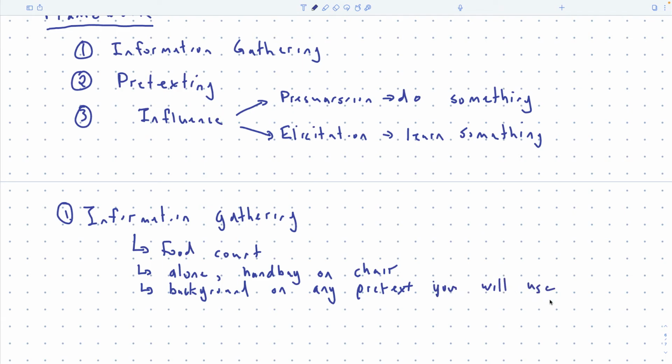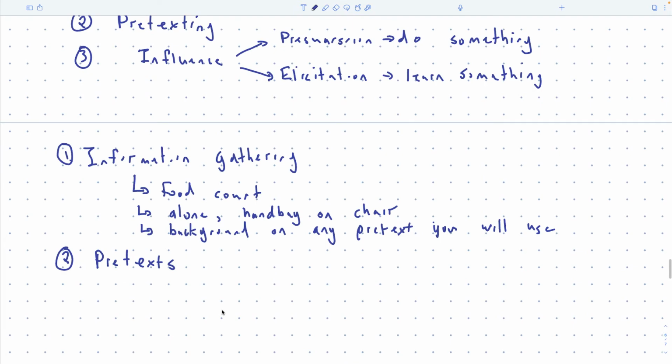So let's list them out now. Okay, a pretext is I'm pretending to be someone that I'm not. There was more than one pretext involved here. What were they?